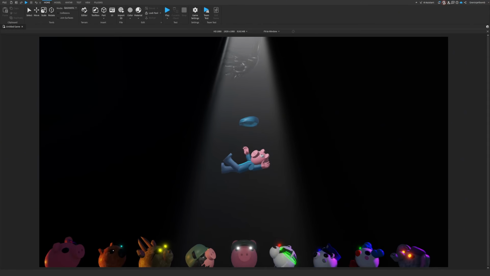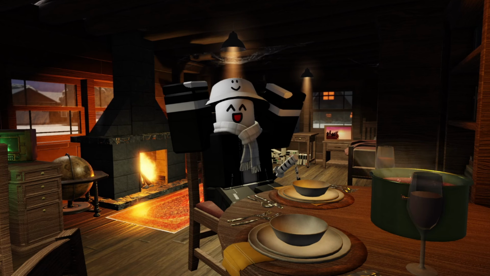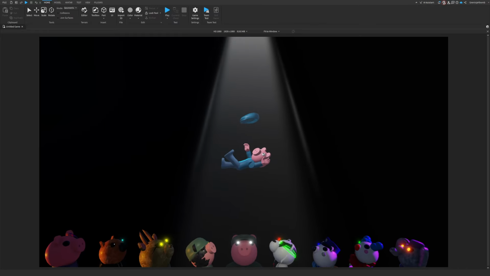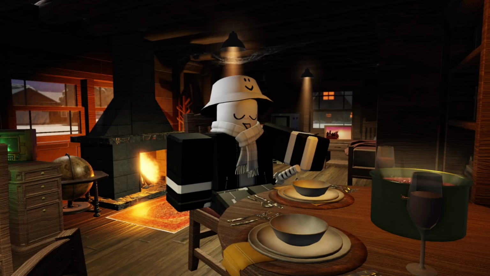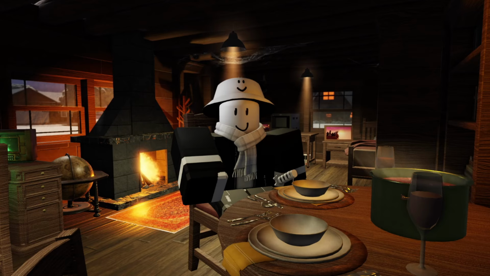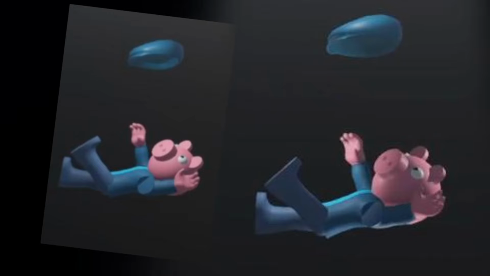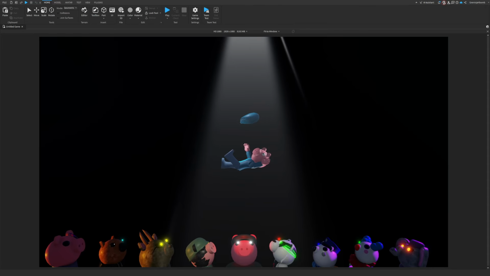This has to be one of my favorite scenes I animated, and it was one of the easiest. I'm just so happy that I had this idea at like 10 at night, and I was able to make it. I realized the flashes were a little bit too fast, so I did slow them down, and after looking at the scene a bit more, I thought I could do a little bit better lighting, so I went back and changed the lighting a little bit, and it looks so much better. Definitely one of my favorite scenes.